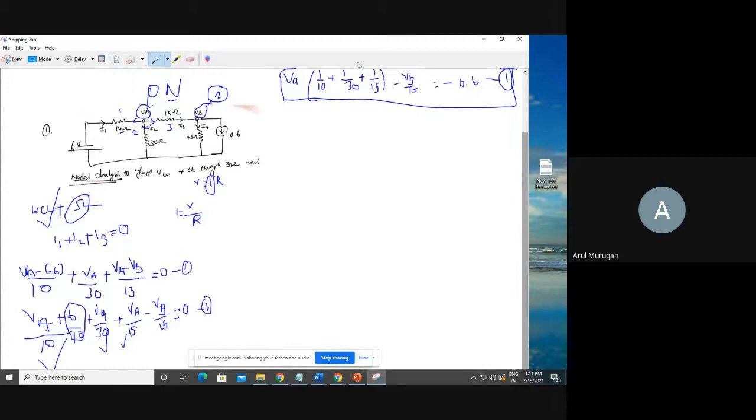Okay, let's start further. Before completing, you can simplify. This is a value also: 1 divided by 10 plus 1 divided by 30 plus 1 divided by 15. What is the answer for 1 divided by 10? 0.1. So the answer is 0.1 plus 1 divided by 30. First, what is 1 divided by 10? 10 means 0.1. Okay. 1 divided by 30. 30 only, or not? Yes, 30.